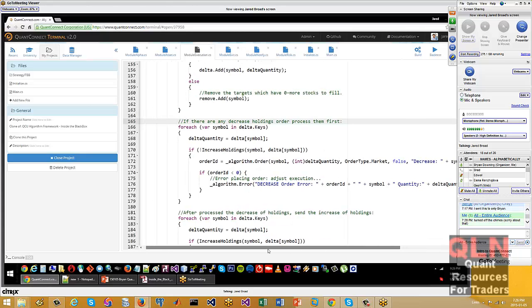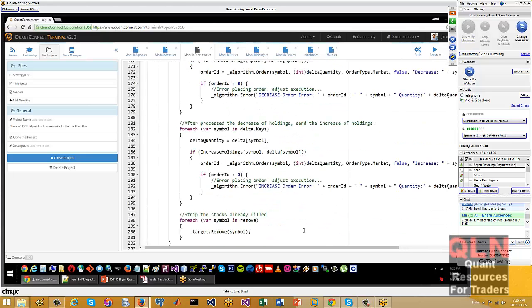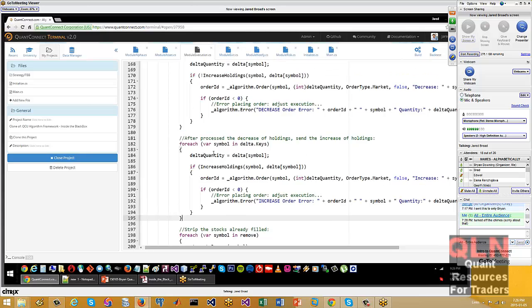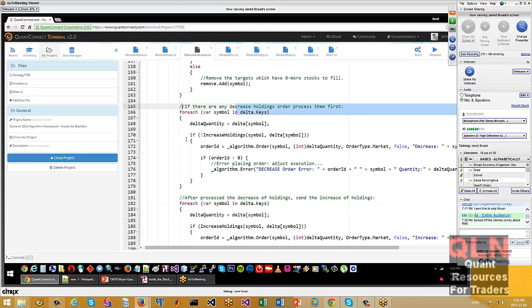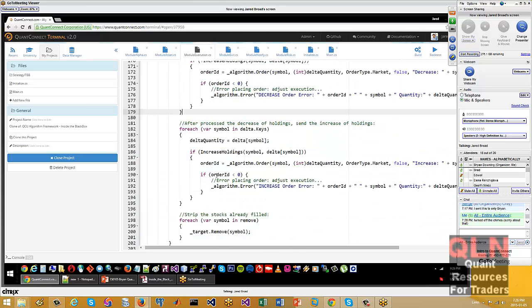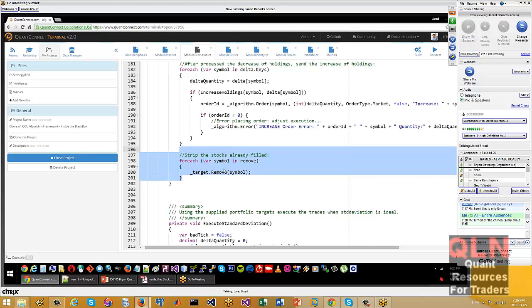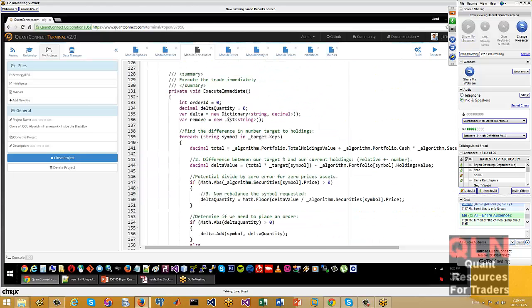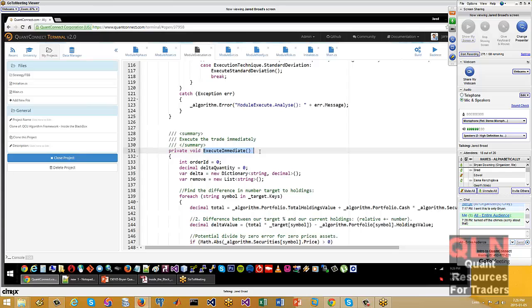We do the reduction first, and then after we've done the reduction, we do the increases. Say, for example, from 0 to 100%, we would do that second, after the first reduction. And then once that's done, we can clean up. So that's just like executing immediately. You have to schedule the order of your trades a little bit more intelligently than you would if you're a person, where you'd just do it automatically in your head.